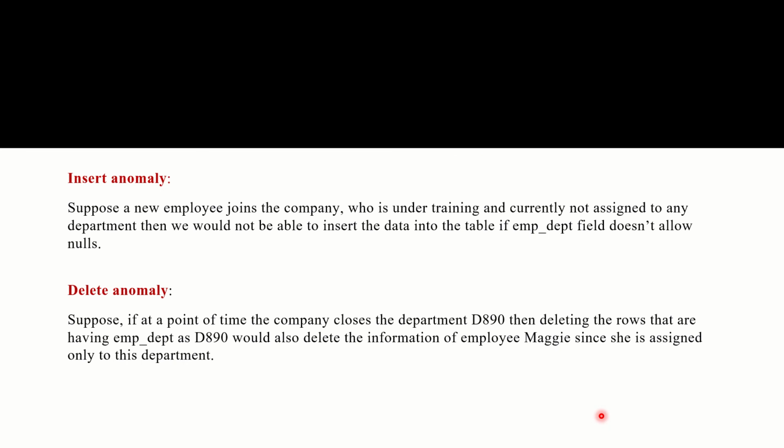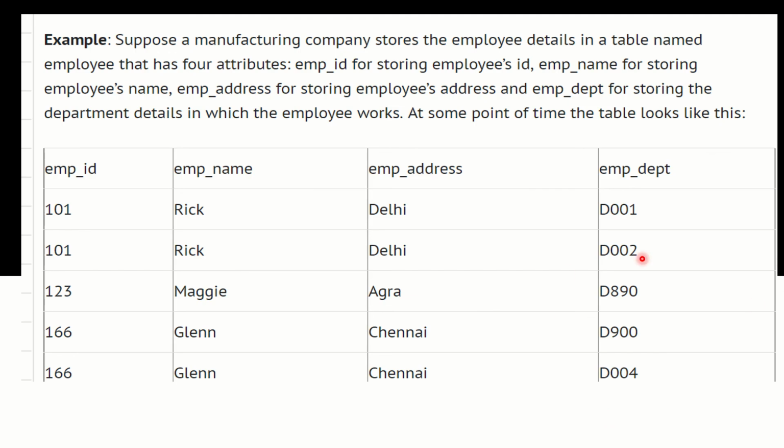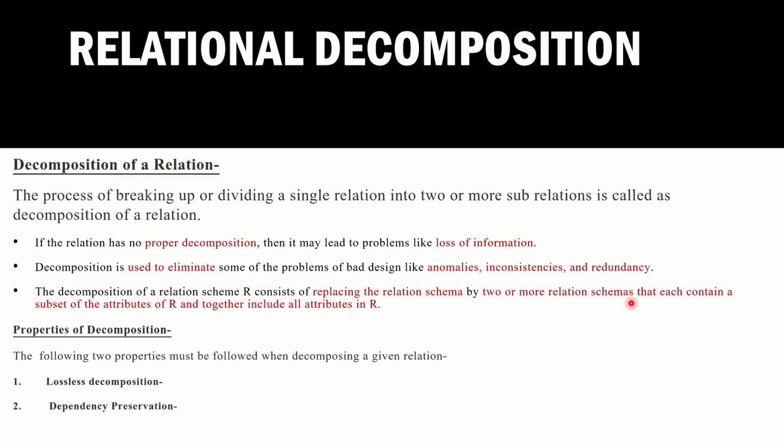And the last one is called the delete anomaly, which means that suppose a particular department has closed its working in that company. In that case, we have to delete all the rows regarding that department. So in future, if you want to know anything about that department, the entire data is lost because it is not there inside the table. That problem is called the deletion anomaly. In order to avoid all these types of anomalies, the solution is we can apply normalization, which will reduce these types of anomalies.